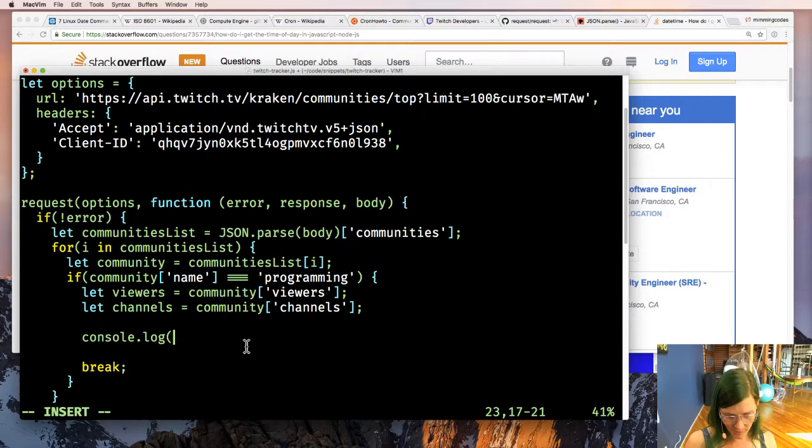So the backtick, and then what we want to do is, what do we call it? Timestamp. Yeah. And we want channels. Then we want viewers.